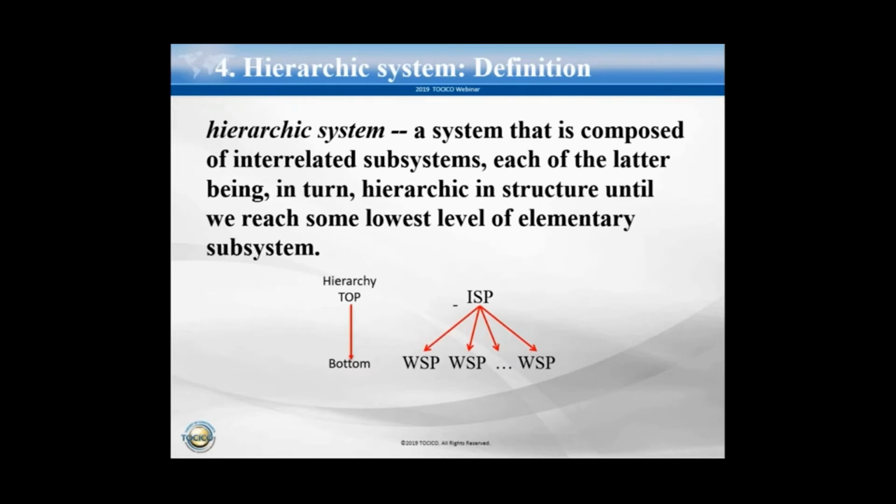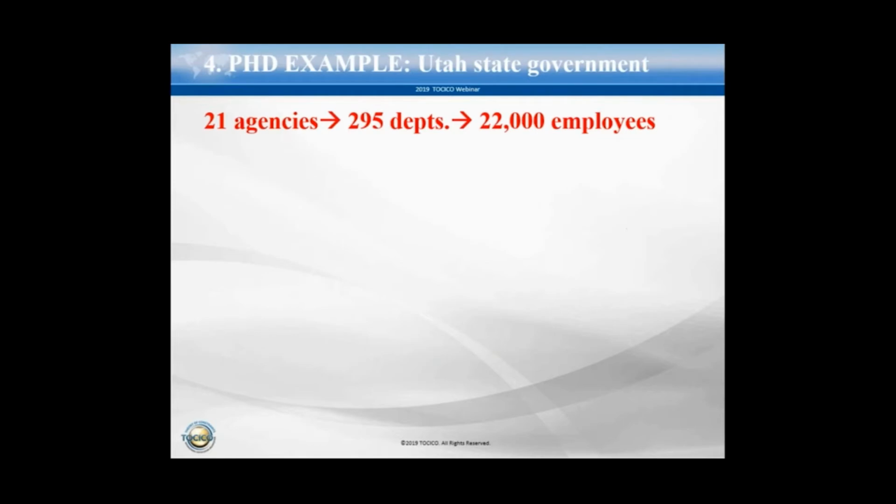Simon defines a hierarchical system as a system that's composed of interrelated subsystems, each of the latter being in turn hierarchical in structure until we reach some lower level of elementary subsystem. So I start at the top level and I keep decomposing the system to reach the bottom level, the doer level. Let me give you an example. I think it's an example of the application of this. It was provided at a TOC ICO conference by Kristen Cox,